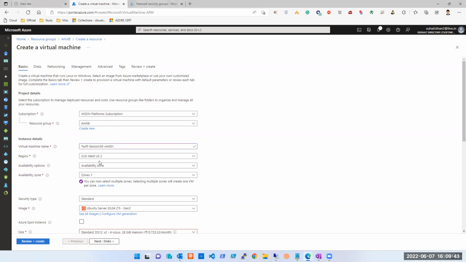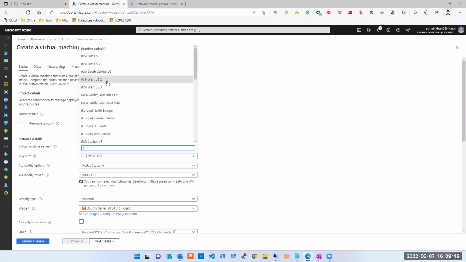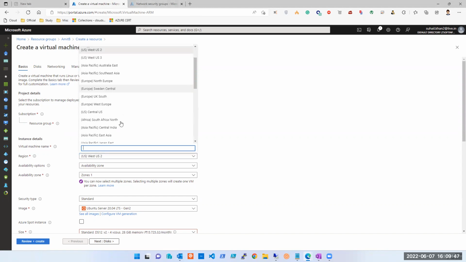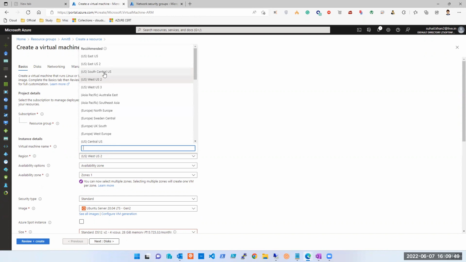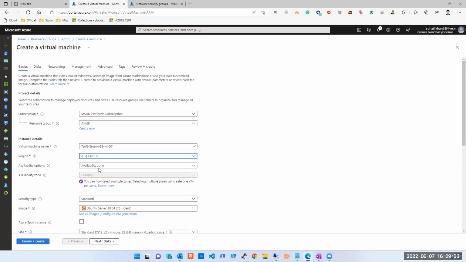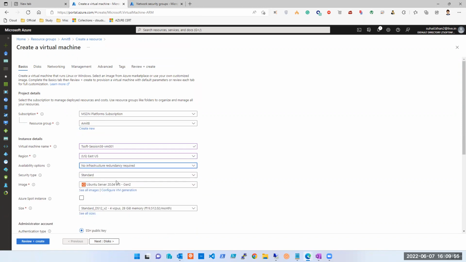NSG is a network security group which can be applied on NIC and subnets, and it can be accessed through protocols such as TCP, UDP, and one more is the